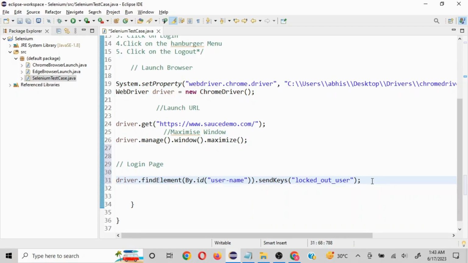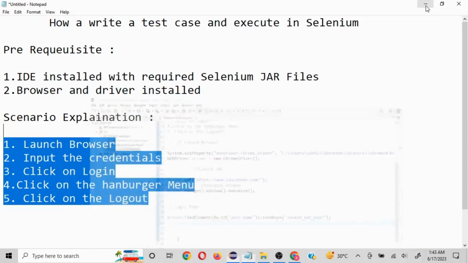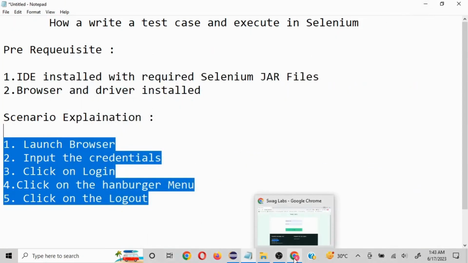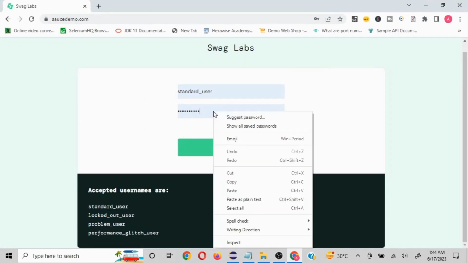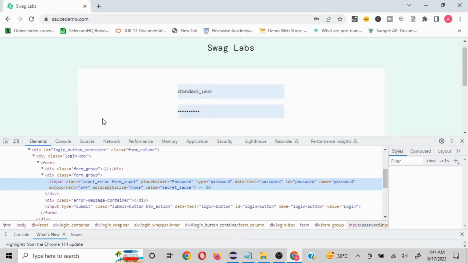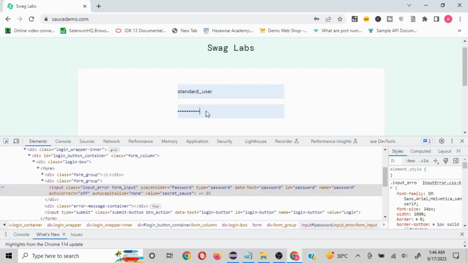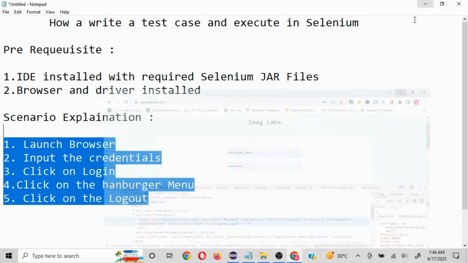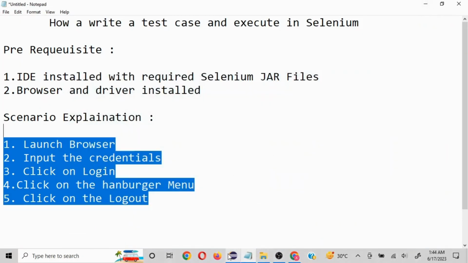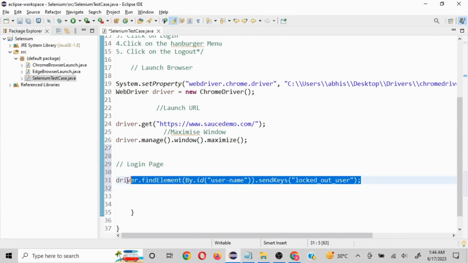Now since we are done with our username, we have to work with our password. If you take a look at this page, I'll right click again, do the inspect, click on this and navigate here. Here again, we have different attributes and properties mentioned. We can take, let's say, name or ID, anything. I'll take ID only, and the ID is password. So I'll go back to my Eclipse and copy paste this,